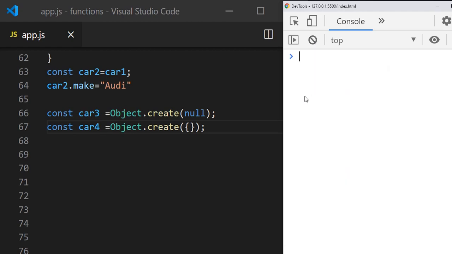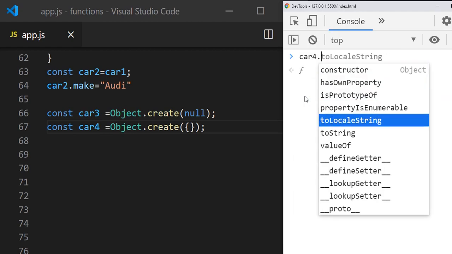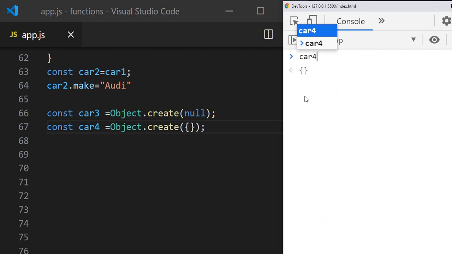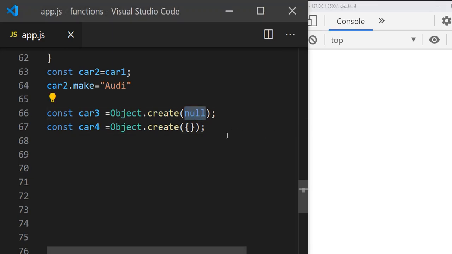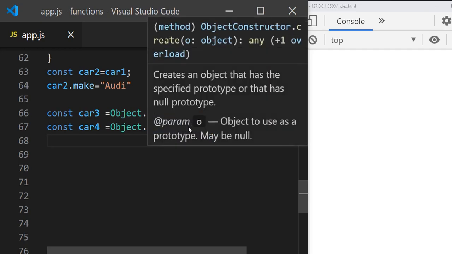And now when you go and type car4 dot, you can see it has properties, everything, whereas car3 does not have any kind of properties or functions, it doesn't have any proto. So this is the difference when you create the object from null and when you create it from the brackets.